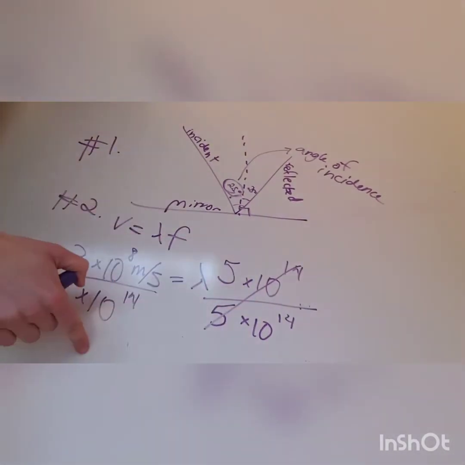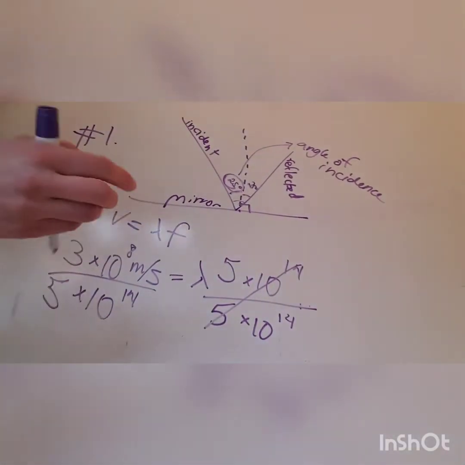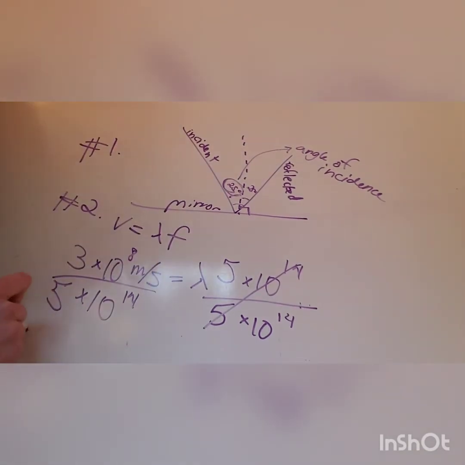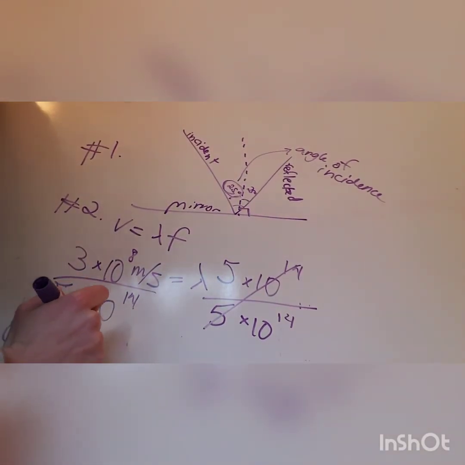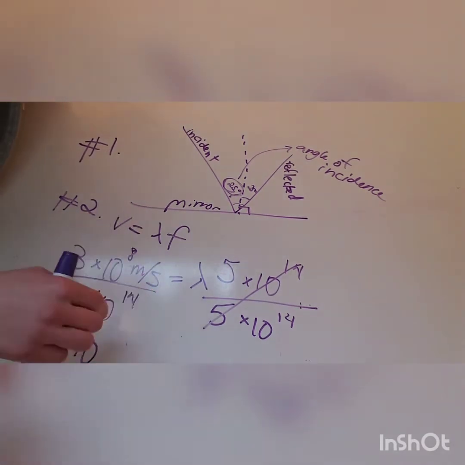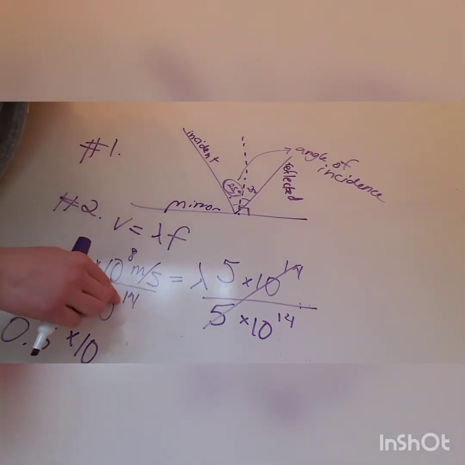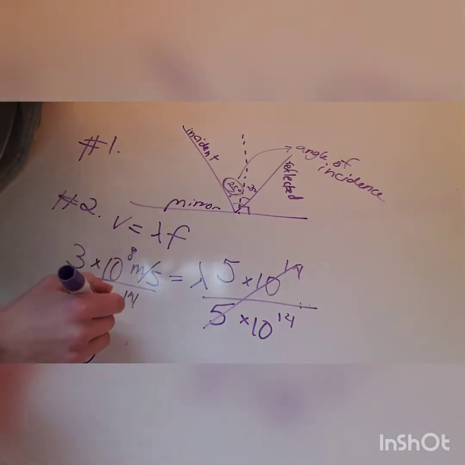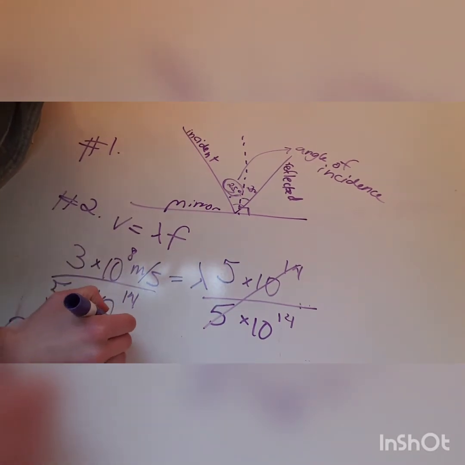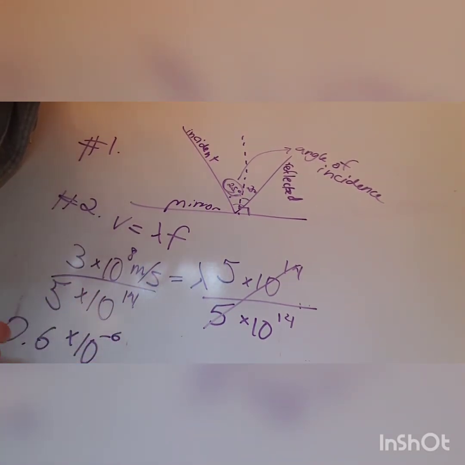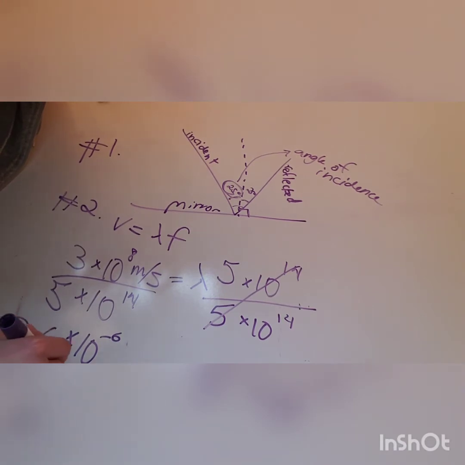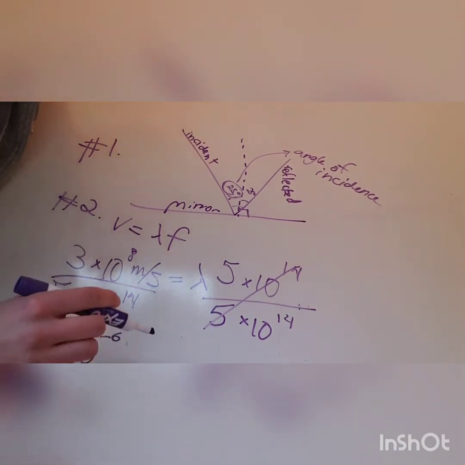I divided each side by 5 times 10 to the 14th. 3 divided by 5, I got 0.6 times 10. Remember how to do this. This is 8 minus 14 because they're dividing, so it becomes a minus 6, and this is equal to 6 times 10 to the 7th power. That is my